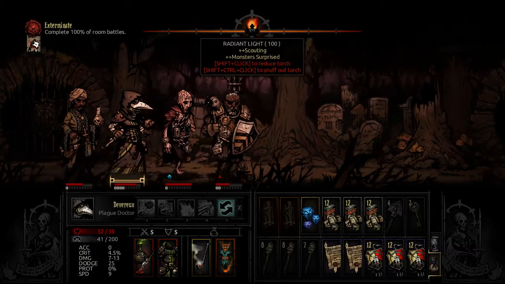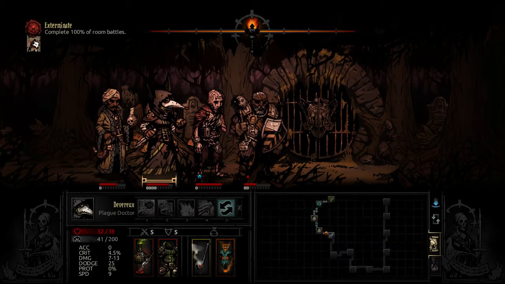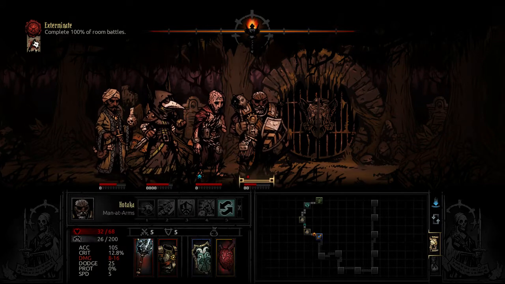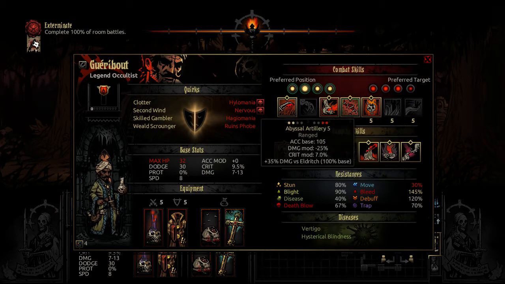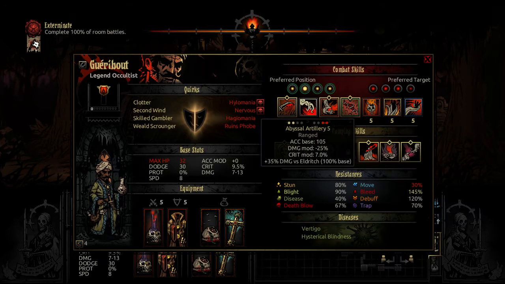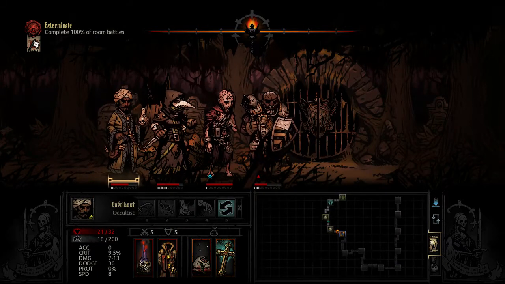In Radiance, may we find victory. Meant to pick that up. Not gonna reach in there. We have another combat coming up. And I actually remembered this time. There we go. Okay, let's abandon vulnerability because we don't need it. And we'll take Abyssal Artillery. Weakening Curse could still be quite useful. We have a high probability of running into those giants, so...